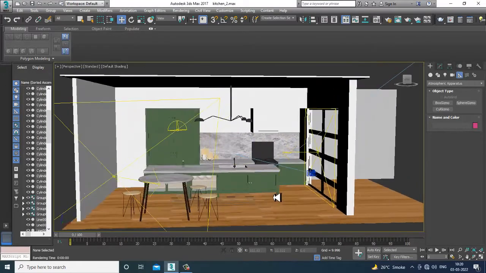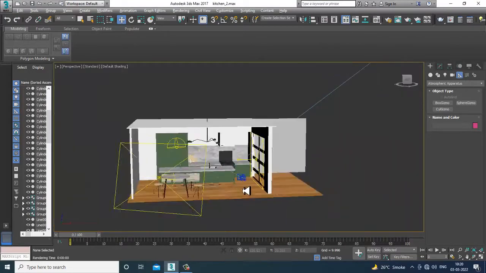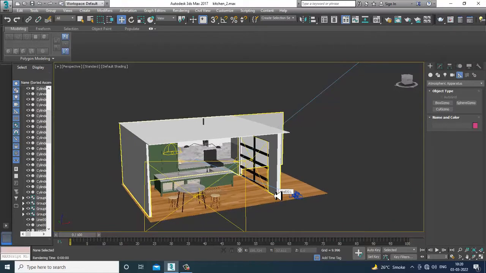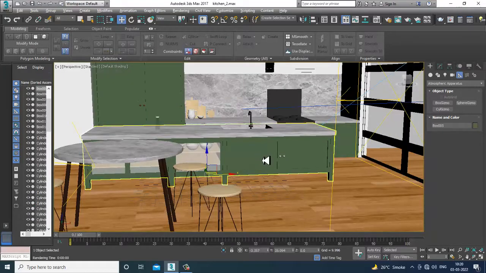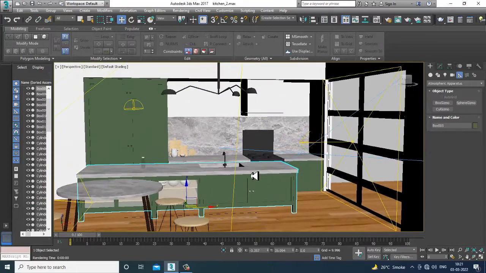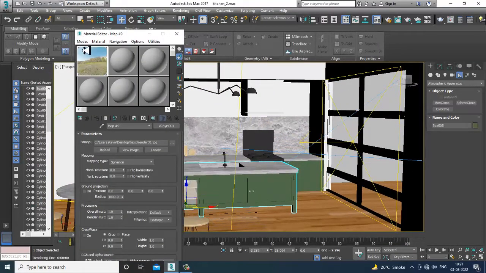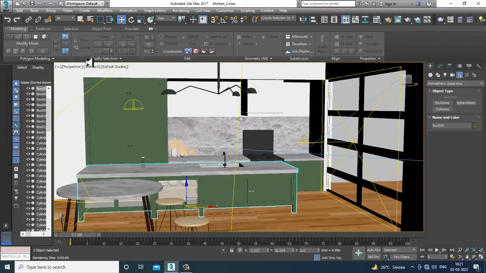So let's get started. As you can see over here, we have started with the lighting part of this particular modular kitchen, so we'll be continuing it. Very first of all, to avoid the noise for these materials, I can go into the material editor,